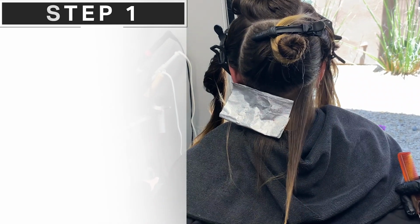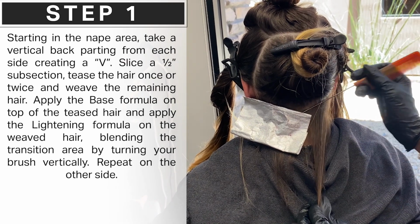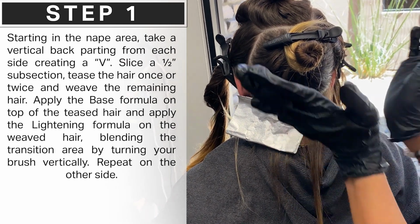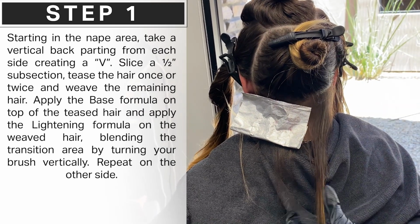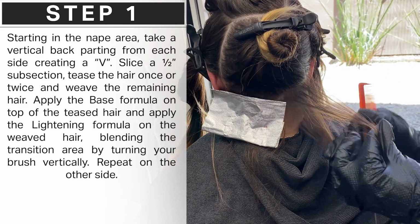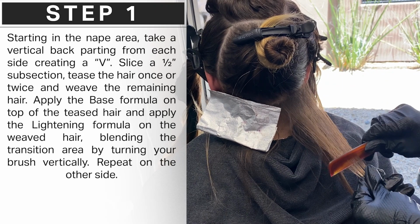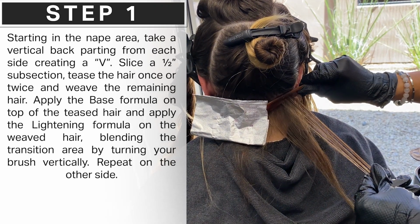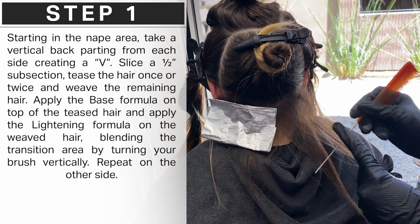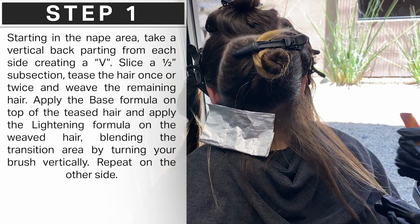Okay, starting in the nape of the neck, you're going to take a V section, going horizontal back, and then as we work our way up, we'll do our next section going horizontal, and then we'll keep working our V, then horizontal. What we're going to do is a tease and weave technique. So we're going to take about a ½ inch, and then we're going to start from the mid shaft of the hair. We're going to take this hair, pushing it all the way up, just like that. And then we are going to take our section and weave that out so we get just a nice beautiful